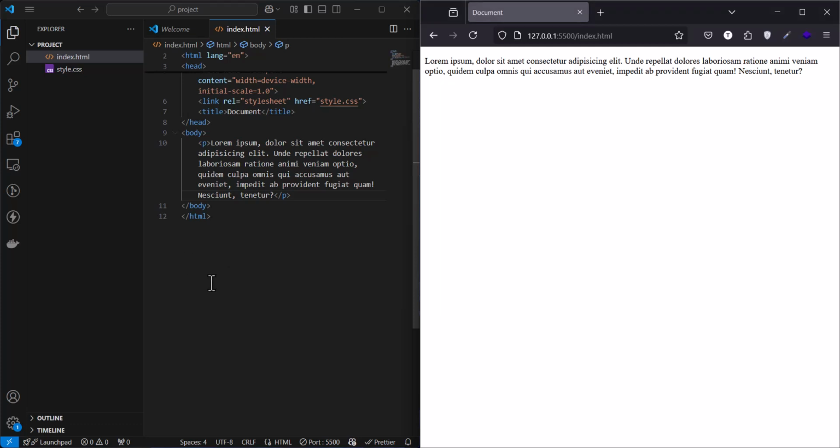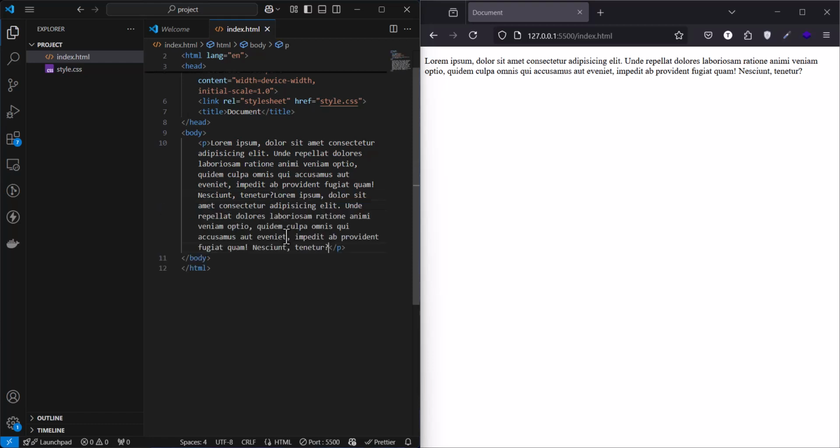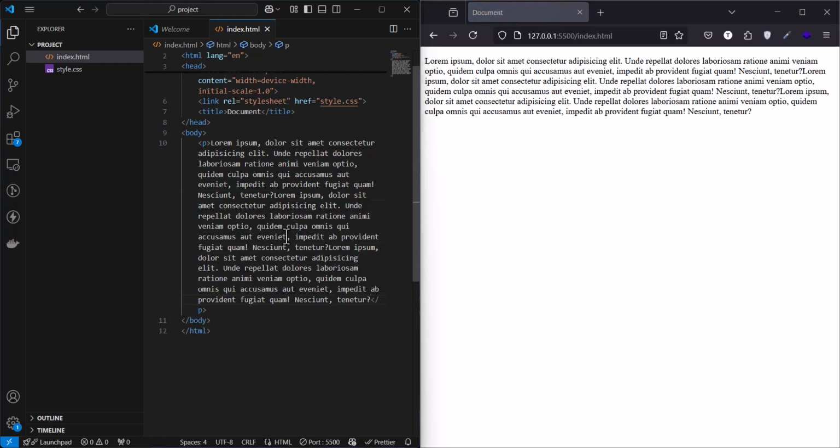In this episode, we are going to talk about text formatting. We have a p tag here, and I put a text here. We can write more text here, as you can see. Okay,